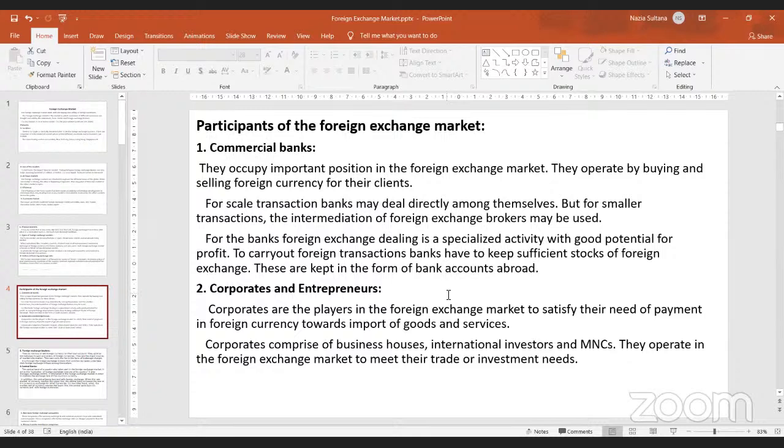In case the transactions are very small, they can also use foreign exchange brokers. But if the transactions are of a huge amount, then the bank itself may deal directly. Say, for example, if I as an individual am traveling for a conference to a foreign country, I may not require a huge amount of money. I may require conversion of a small amount like 40,000 or 50,000 Indian rupees into that country's currency, where I may stay for 1 or 2 days and then come back. So there the banker can direct the foreign exchange brokers to do the work.